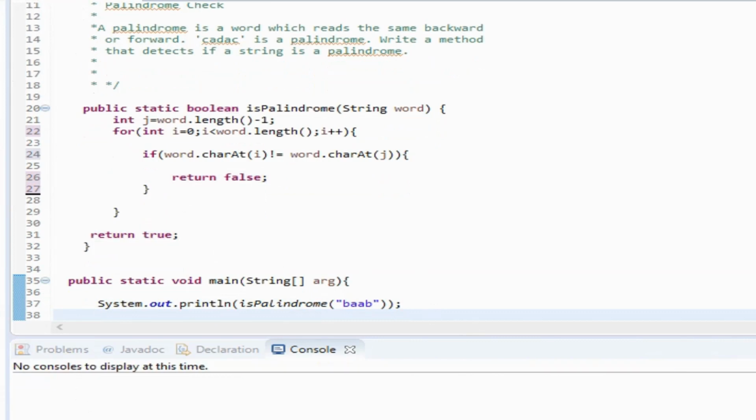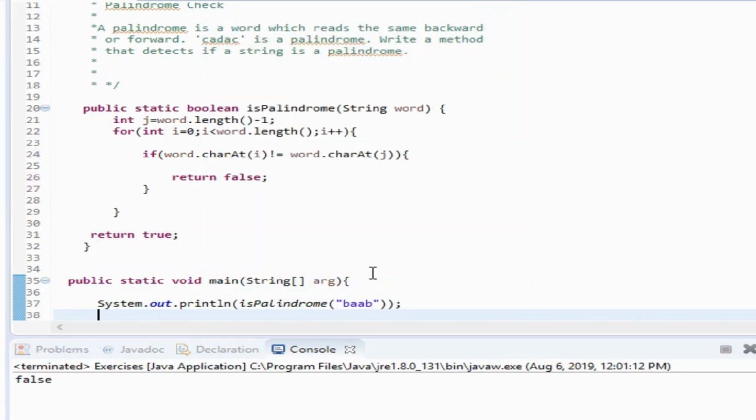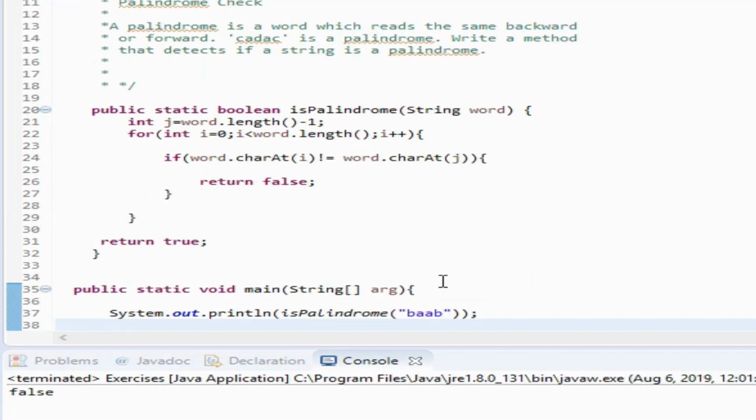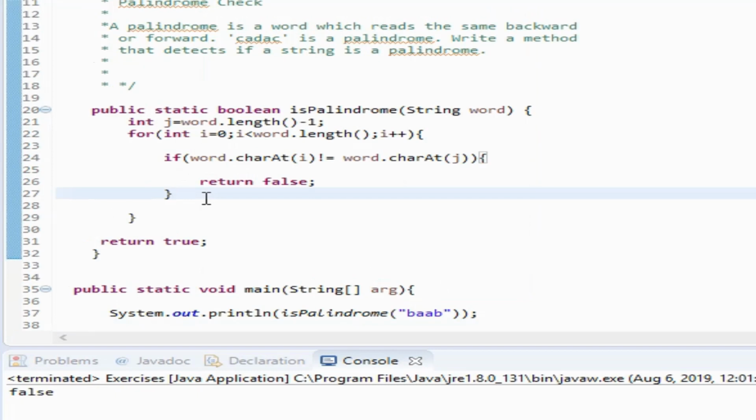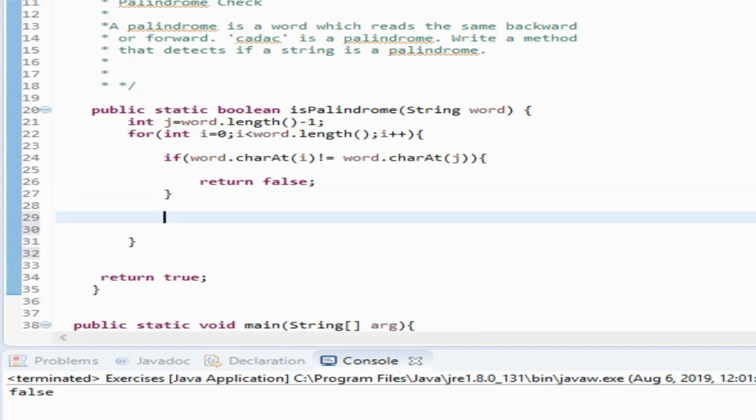But we're gonna run it again, and then it says it's not a palindrome. Why? It says it's not a palindrome, so that means we made an error somewhere because this is obviously a palindrome. We did not go forward. We did not go backwards. So this should solve